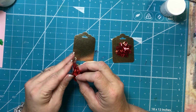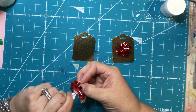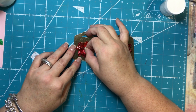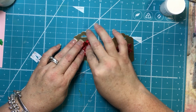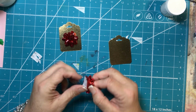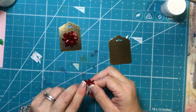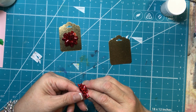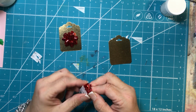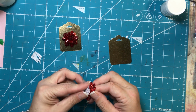So I'm just trying to give you guys some ideas on some quick, easy tags. Now, I might get more complicated still. I know I still have a few more, but I'm not really sure. I know the last day has some stamping, and it's a lot more complicated than these, but they're still not hard. They're just stamping and coloring. And so I've already done the last day one. I actually did the last day one before I filmed any of the others. I already had that idea, and I just went crazy with it. So now I'm doing all of the other days, and we'll post those, but